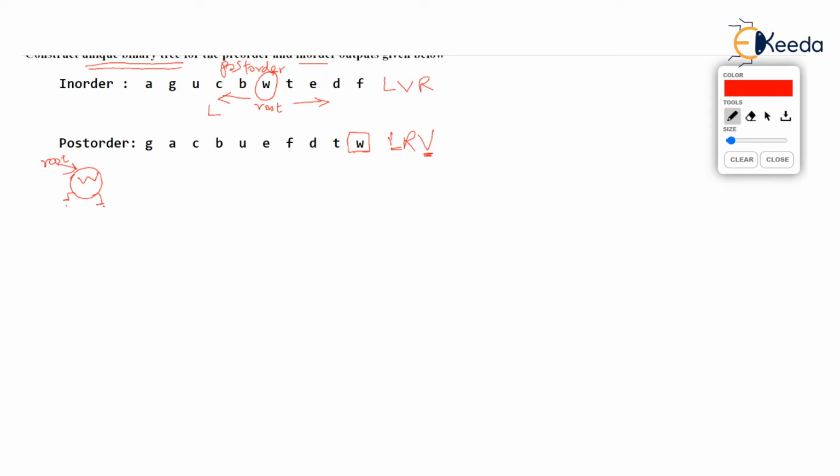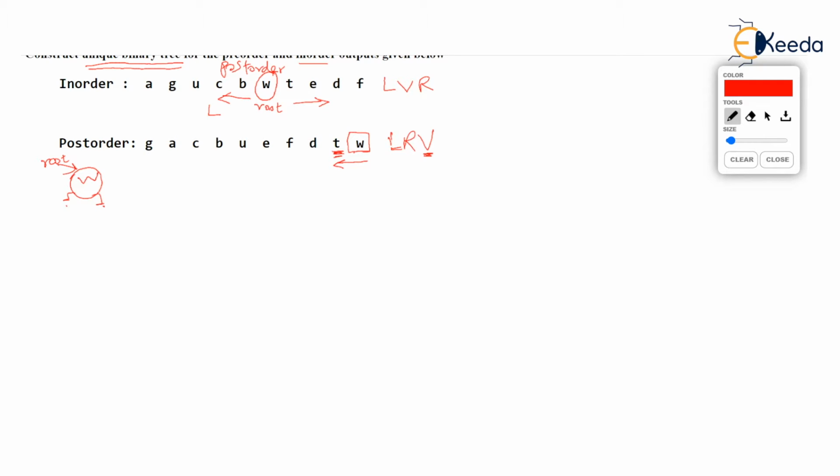Okay. Now what we do is, the post order is given. We have added the last value as root, isn't it? Now we come in the reverse direction and start taking values one after the other, but from right to left. When pre-order was given, we took the first value and then we went from left to right. Now in post order, we have added the last value. So we will take the second last value now, that is T. Now the question is, where should this T go?